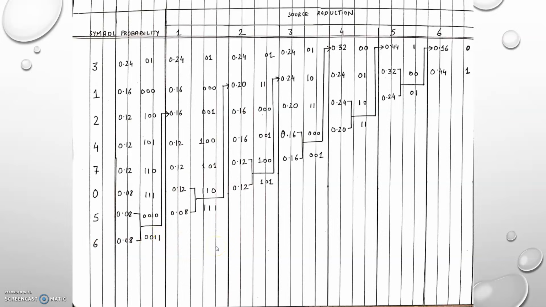Now, I would like to insist that for this example, you try to find the average length L, try to find the entropy, see the redundancy, and the minimum number of bits. Try all these permutations and combinations and see how beautiful this algorithm works and how it is able to compress the